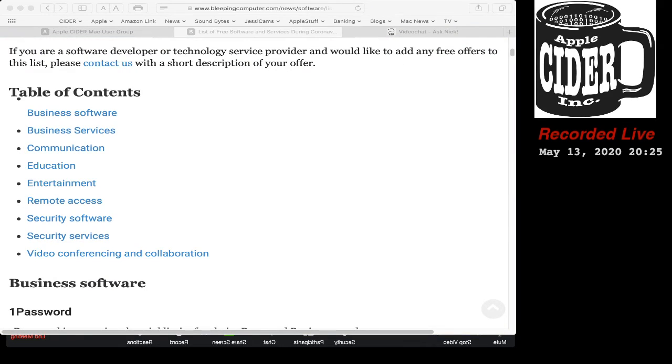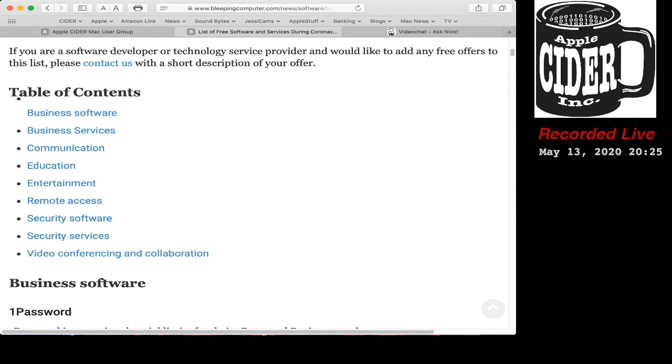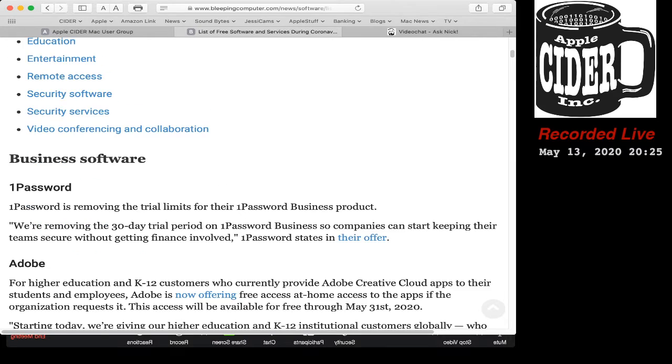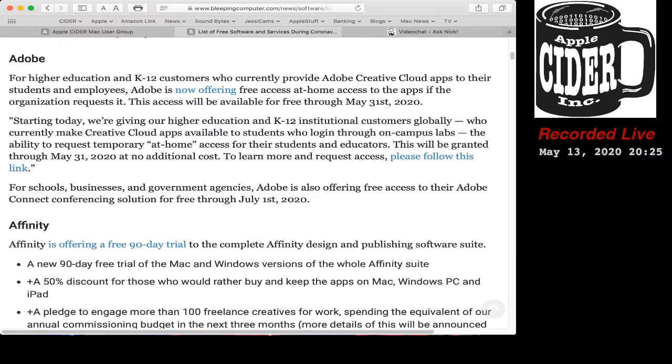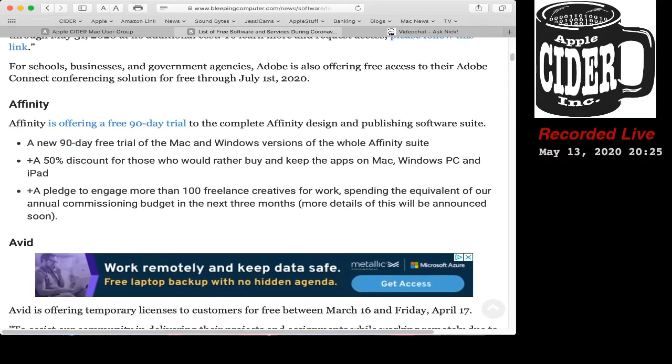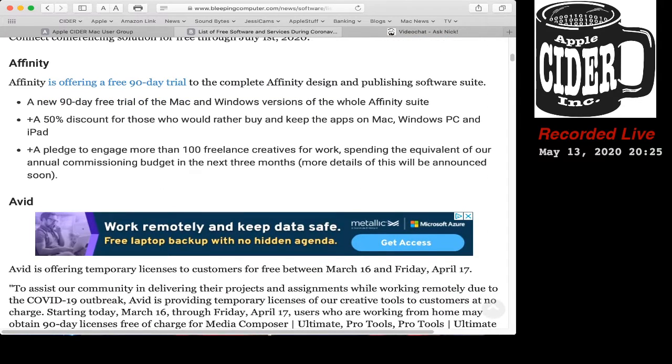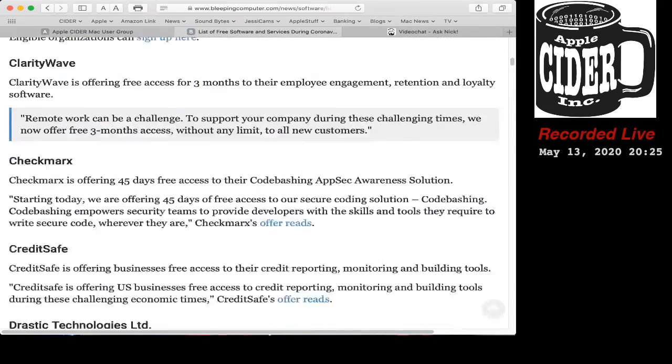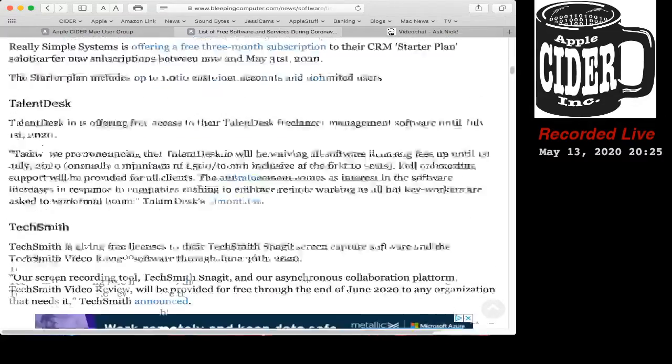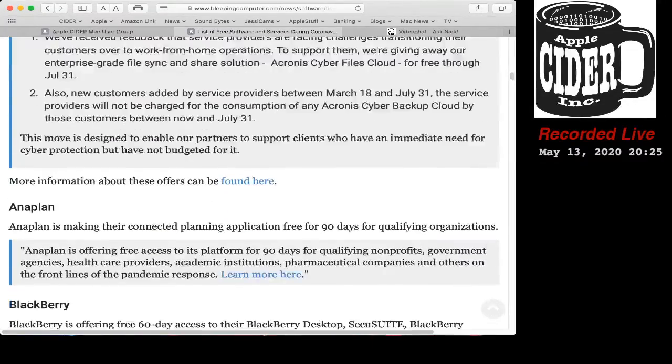Let me, I got to get back to OBS, and I'm going to bring the Safari window back up again. So there is a bunch of different software in different categories, not just video conferencing. 1Password has removed the trial limits. Adobe K through 12 are offering free access to their at-home apps. Affinity Design and Publishing is extending the 90-day trial and giving 50% discount. So there's a lot of different companies that are doing a lot of different types of services at a discount